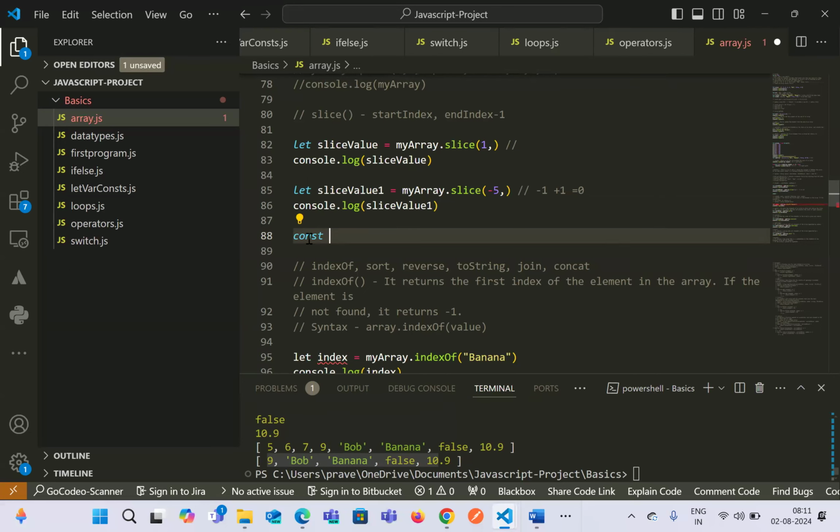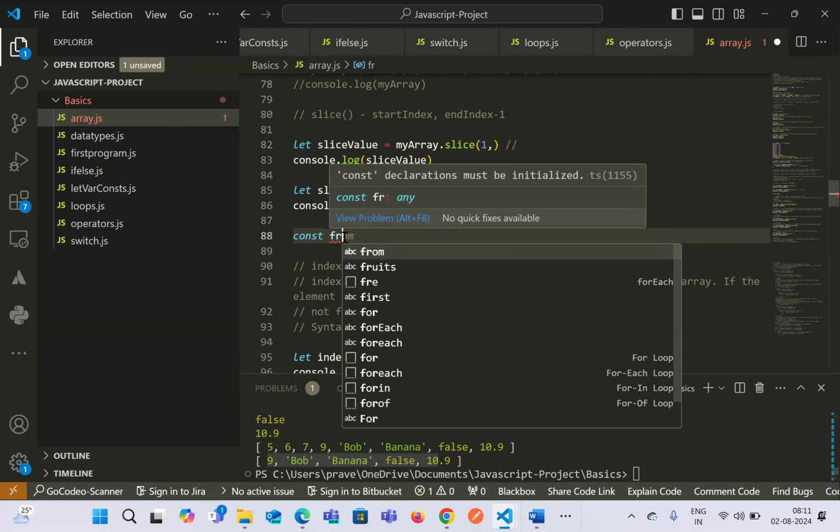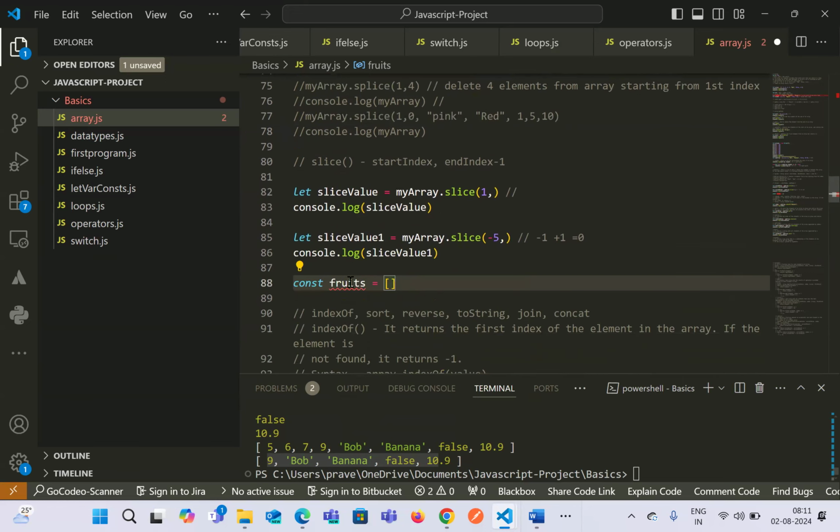You can give let, var, or const, any keyword, and then let's say courses equals to,